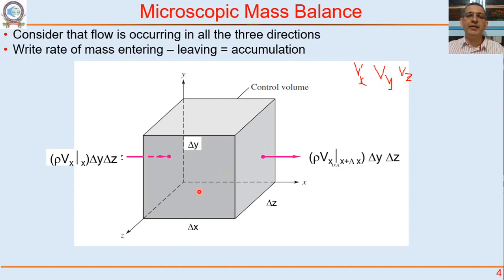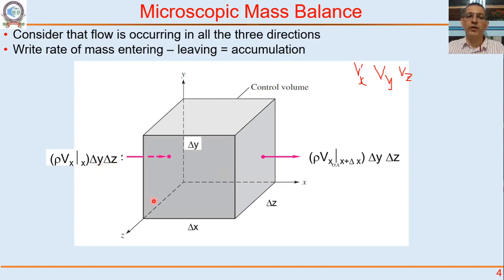Now material can enter through the left door only by a velocity component Vx. If there is a velocity component Vy, you will just go along the door in the vertical direction. If there is a velocity component Vz, you will just go along the door in the z direction. The only way the fluid will be able to enter this box is if it has a velocity perpendicular to the left face, and that is Vx. So the volumetric flow rate would be Vx evaluated at x multiplied by delta y delta z,